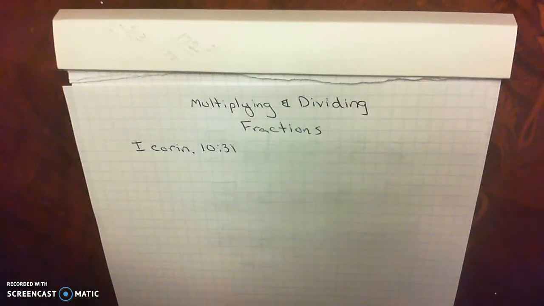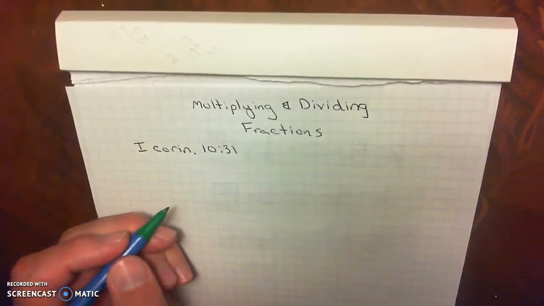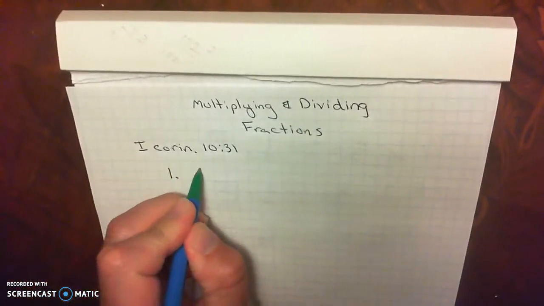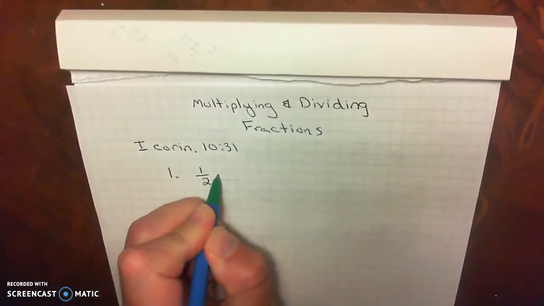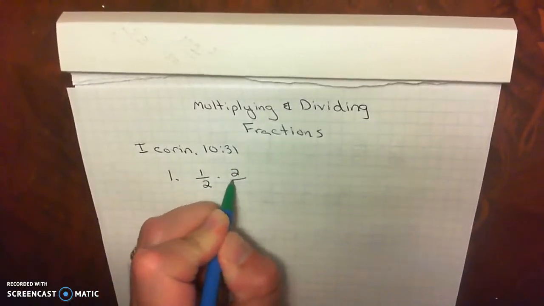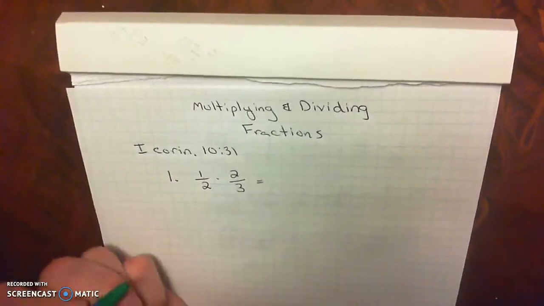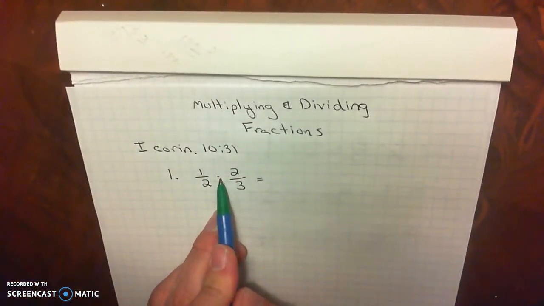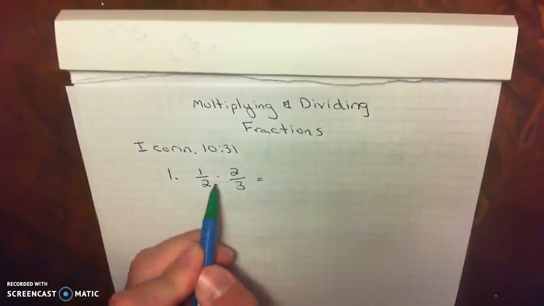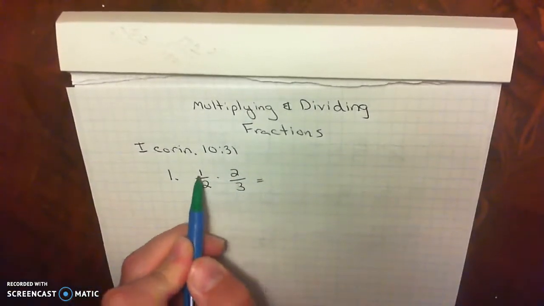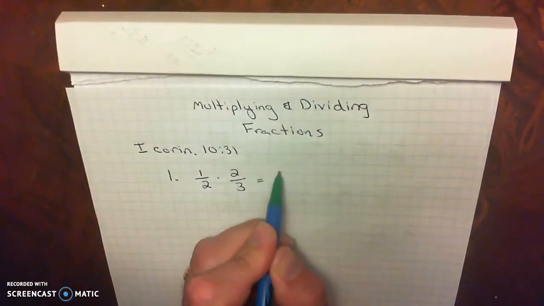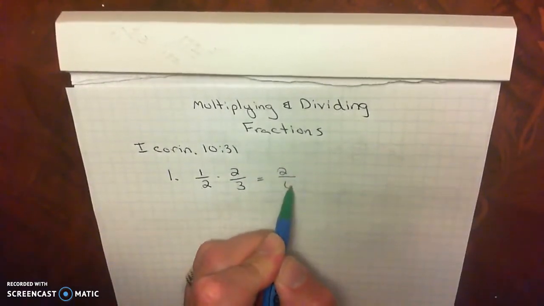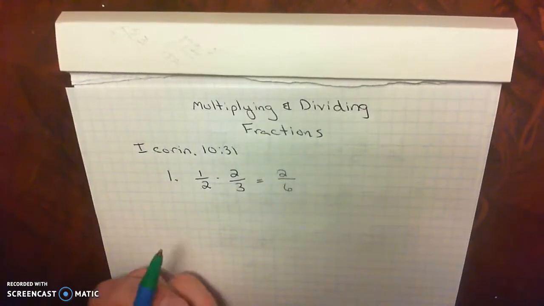your math problems. So let's take a look at multiplying fractions. So let's say we have 1/2 times 2/3. In this case, we are multiplying, that's what this dot means. We're multiplying the numerators together, so 1 times 2 is 2, 2 times 3 is 6, and then usually your